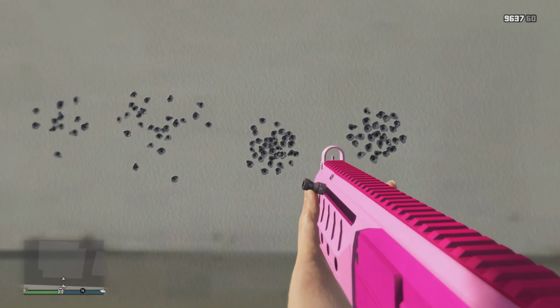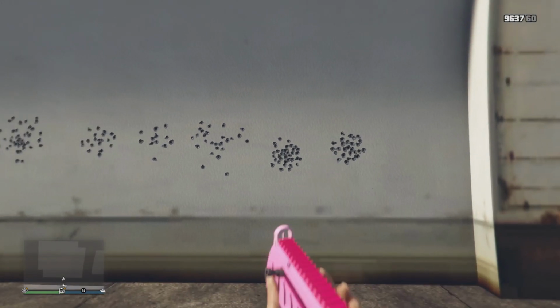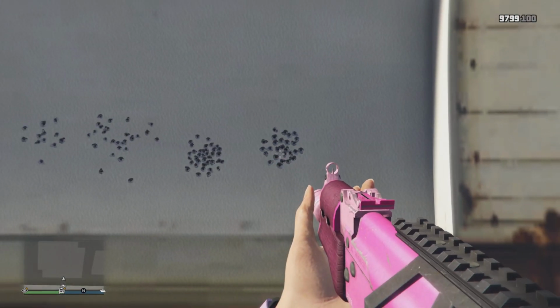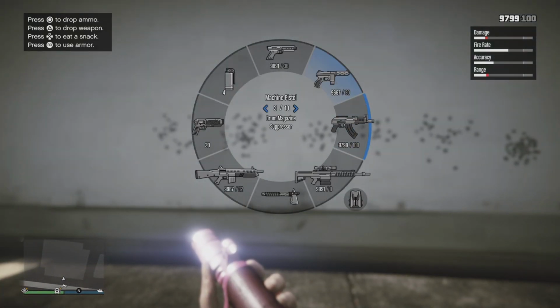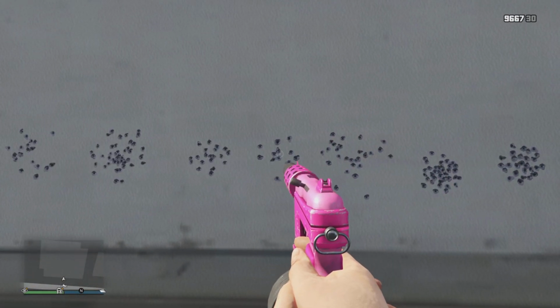The SMG Mark II, bear in mind you can only use this weapon on a bike, is pretty narrow, and you get 60 rounds out of it. And then the compact rifle again is pretty narrow, and with a drum magazine on it you get 100 rounds. So in my opinion, I reckon that the micro SMG or the machine pistol are probably the best weapons to